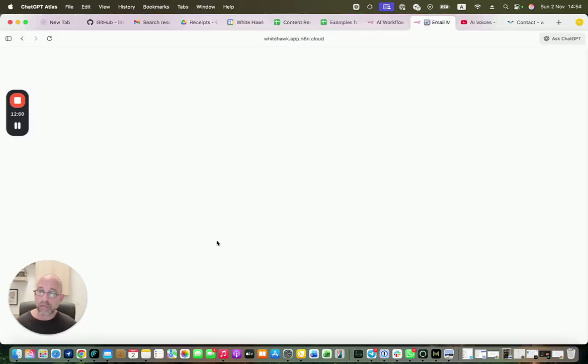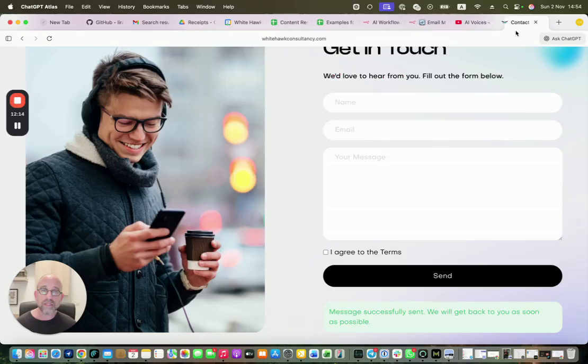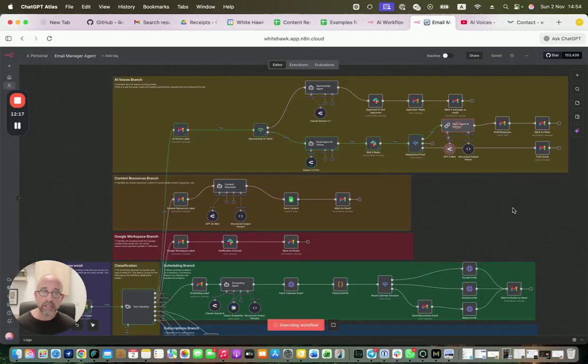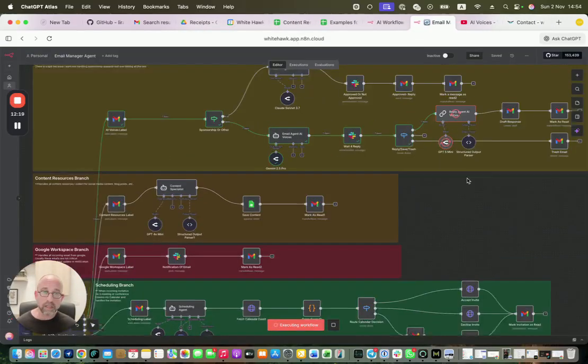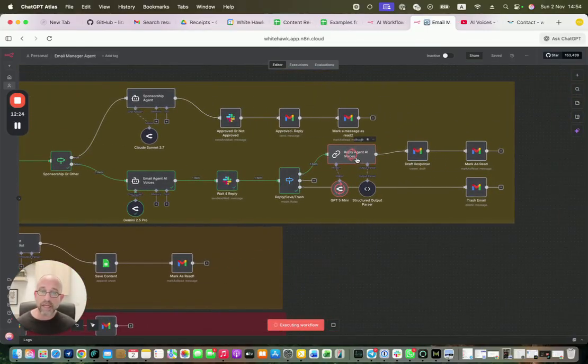So I will click on respond, and then we get to this n8n page, and here there's a drop down, and I can choose between reply, save for later, or move to trash. In this case I'm going to do reply, and I'm going to click submit. I can close this down, and basically now the automation continues. As you can see here, I can go in a little bit more so you can see, and now there's another agent that is basically constructing the reply and thinking how to